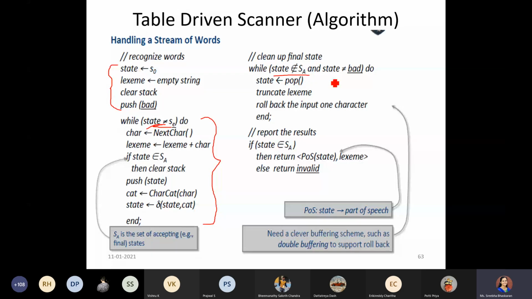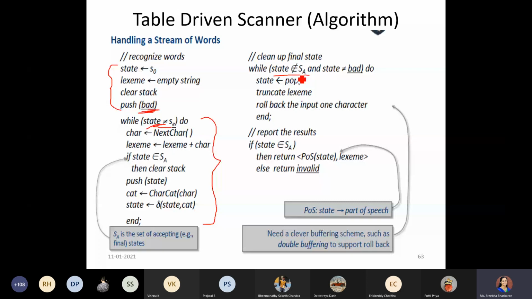That is the reason why bad has been initially pushed, just to keep track of whether we have come across at least one final state. So in this loop, you maintain the condition: if the state is not an accepted final state, and if the state is not a bad state.